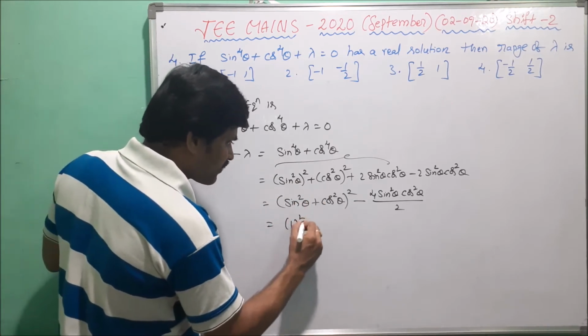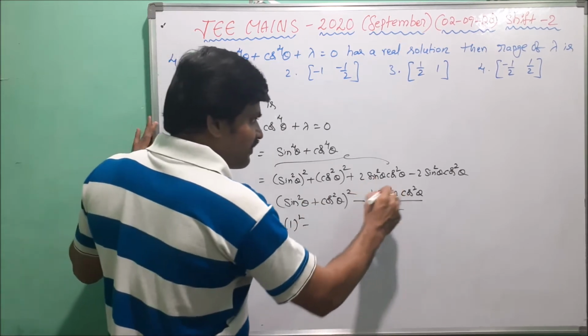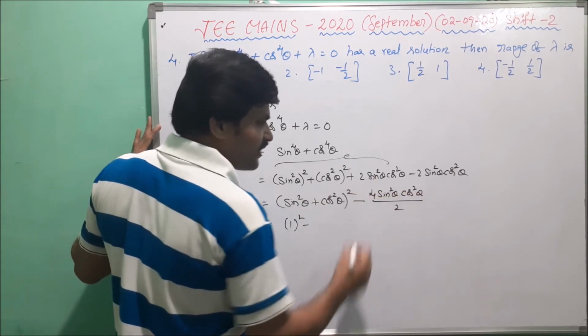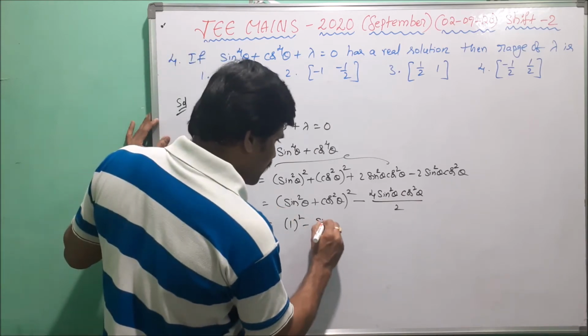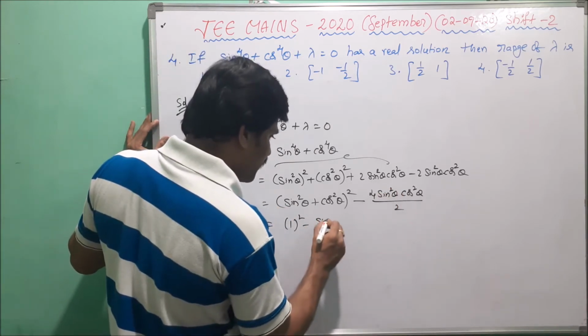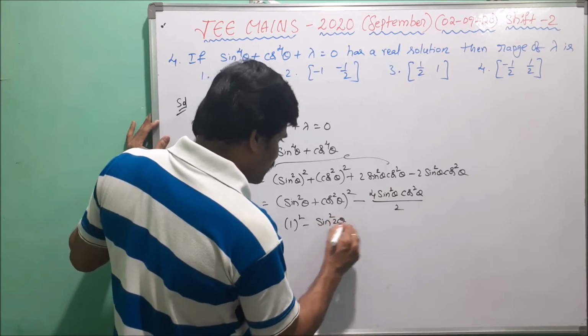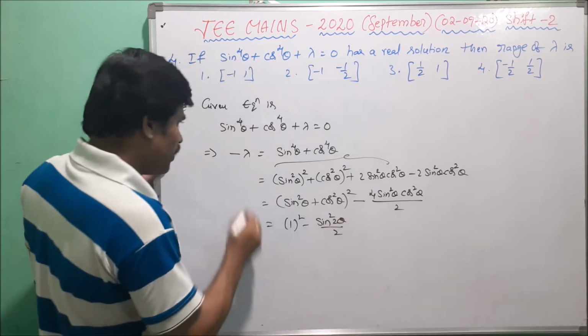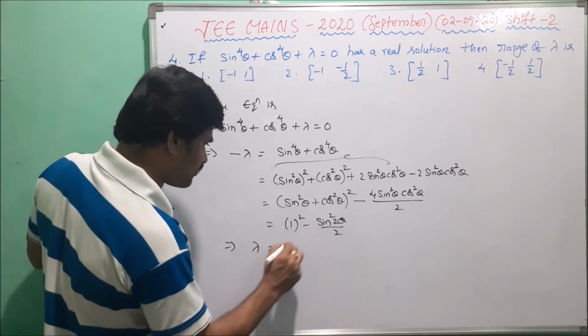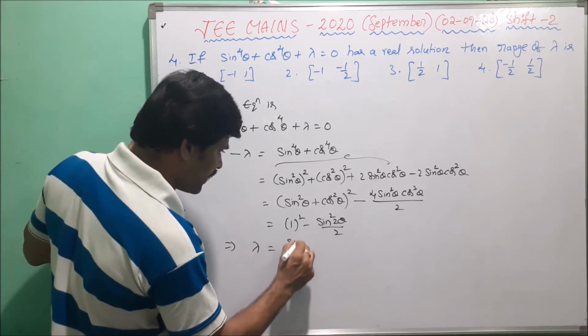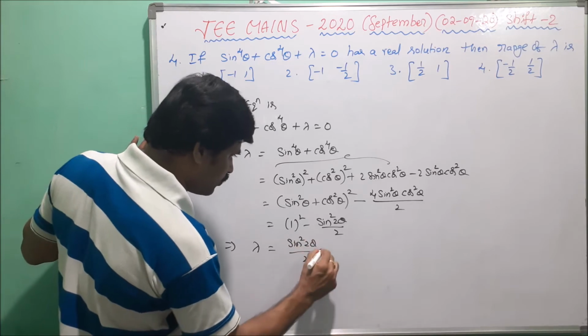1. So 1 square minus, in this, 2 sin theta cos theta can be written as sin 2 theta. So sin 2 theta square is already there, that is sin square 2 theta by 2. Now here multiply with minus, that is lambda equals, first we write sin square 2 theta by 2 minus